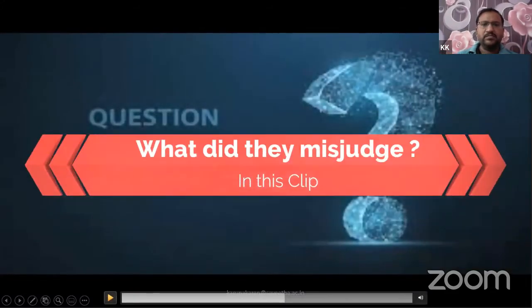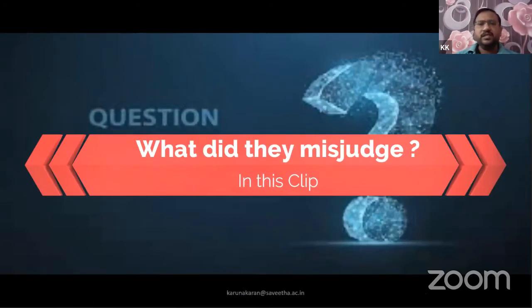Okay. So here in this clip they judge that the car is being sensed by the shutter and the shutter will open automatically, right? And again these two have to be connected through internet. So IoT is playing a role there, but what was their misjudgment there? So they thought the car is connected to the shutter directly, only when it is present it will open, but the misjudgment is